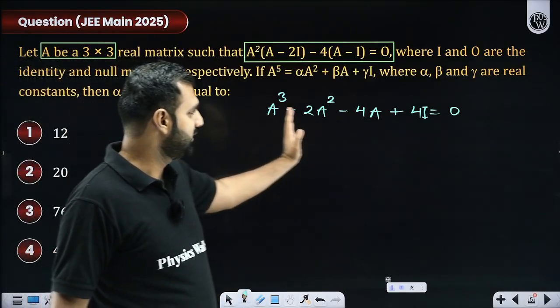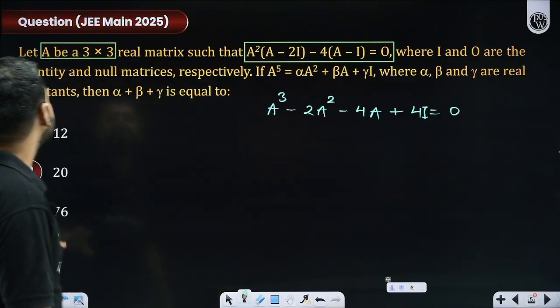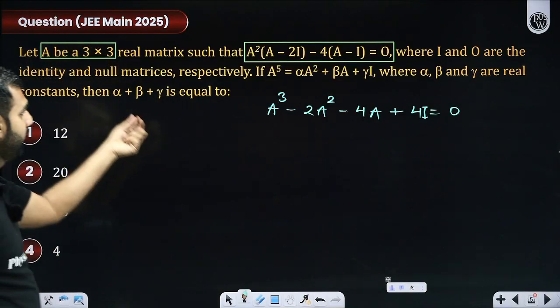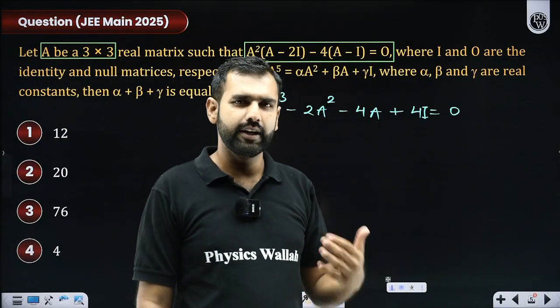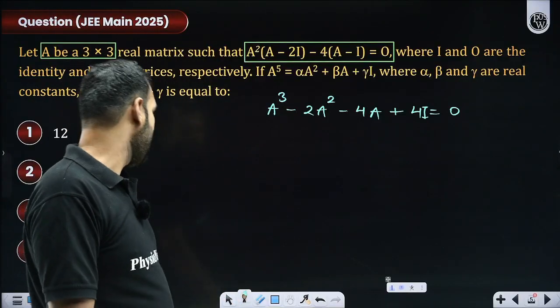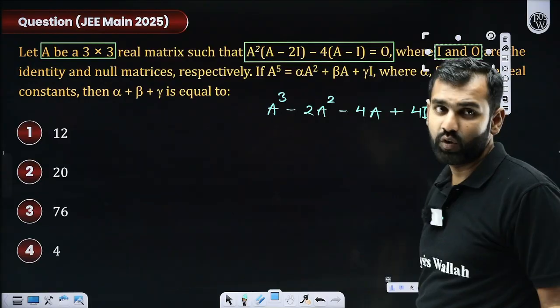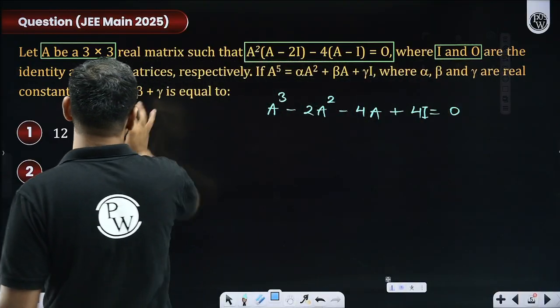So here comes this cubic matrix polynomial. What does it mean? It means that here it is a 3 by 3, so of course it is supposed to be a 3-degree matrix polynomial. I hope that part is easily understood by everyone. Then, as per the convention, we are clearly told that I and O are identity and null matrices.